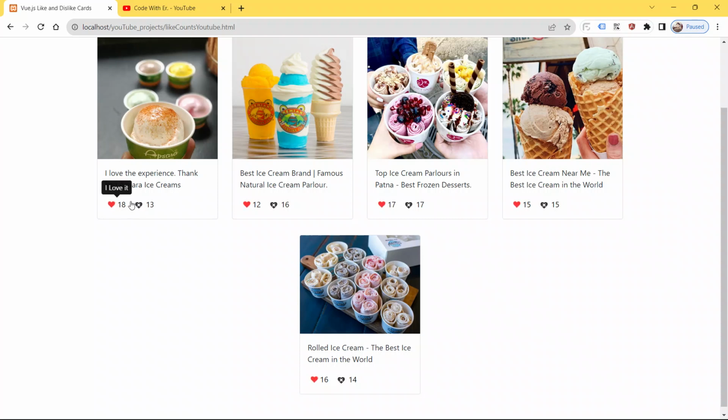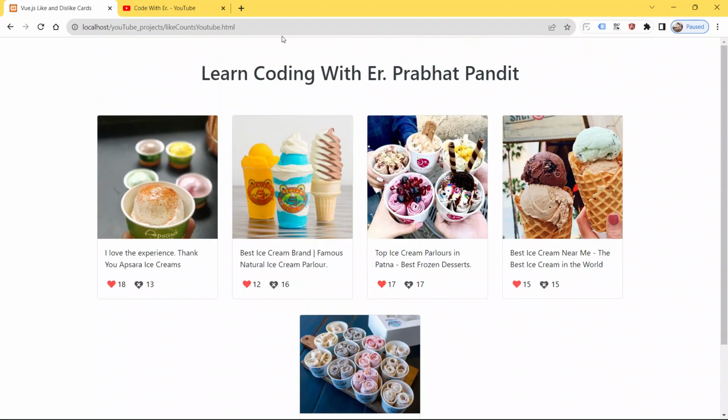Okay, if it is 18, it is 13, it is 12, it is 16, it is 17 and 17 also, it is 15 and 15 also, it is 16 and 14 also. So guys, after the page refreshment also, the number of likes and dislikes remains the same, because I am saving the number of likes and dislikes into our local storage.